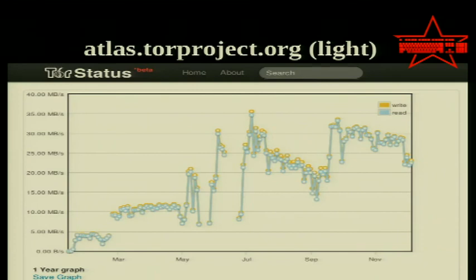Here's a look at the bandwidth handled by one of those CCC relays. At this point, back in March, it was using 10 megabytes a second, and then it bursts up to 30 megabytes a second in each direction on average. So this thing is pushing 250 megabits. This is one exit relay that's pushing 250 megabits. So it's great that we're able to scale to handle that. It's great that we have all this load on the network that wants to be able to use this. It's great that people are running these relays.